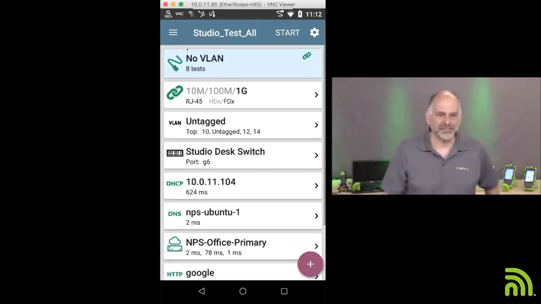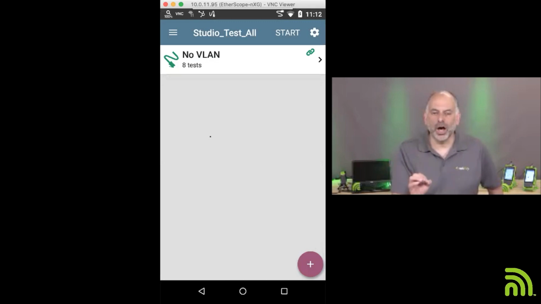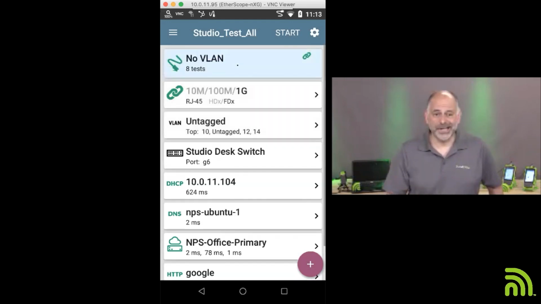this auto test. Now, one of the things that is really slick with the auto test is that we can pre-configure the auto test based on where we plan on connecting, VLAN tags, whether we're expecting PoE. So in this case, what I can do is I've set up an auto test right here on my wired side of the network to say I want to connect up and I want to make sure I have PoE. So all I have to do is come out, and I'm going to hit start, and we're going to run